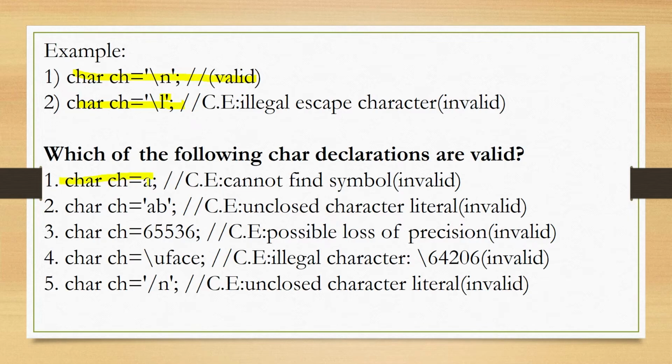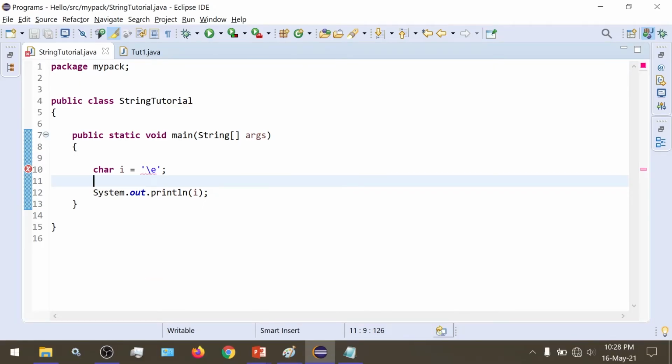If we give char ch equal to a without any quotation marks, we would get an error. And if we give multiple values in the single quotation marks, we will also get an error. Even though we can give integer Unicode numbers, if we give a value outside the range, we would get an error. Similarly, if we try to give a Unicode value in characters without single quotation marks, we will get an error. And it is important to note that this is a forward slash, and for specifying escape characters we use the backslash. So backslash and forward slash are different, and giving a forward slash will result in an error.